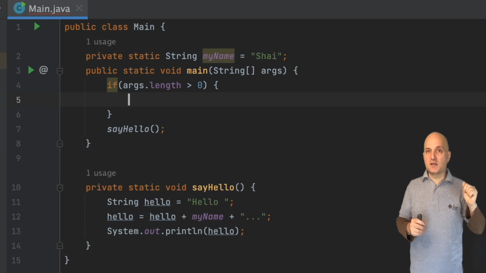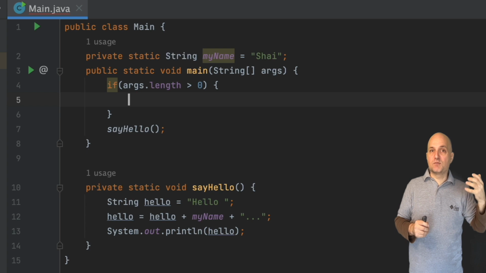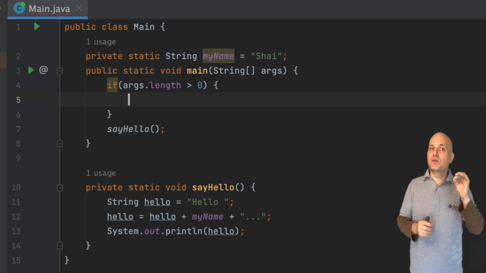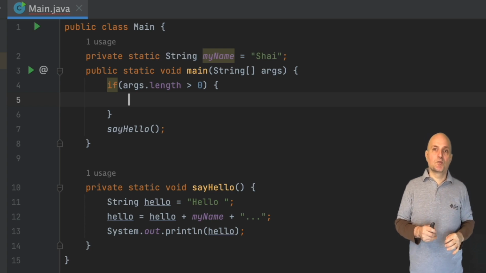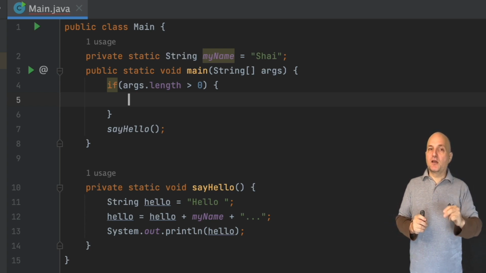On the left-hand side, we have the parameter this method receives, which is an array of strings containing the command line arguments. An array is a special type of variable that can contain 0 or more entries within. All arrays in Java have a length field that we can use to check their length.